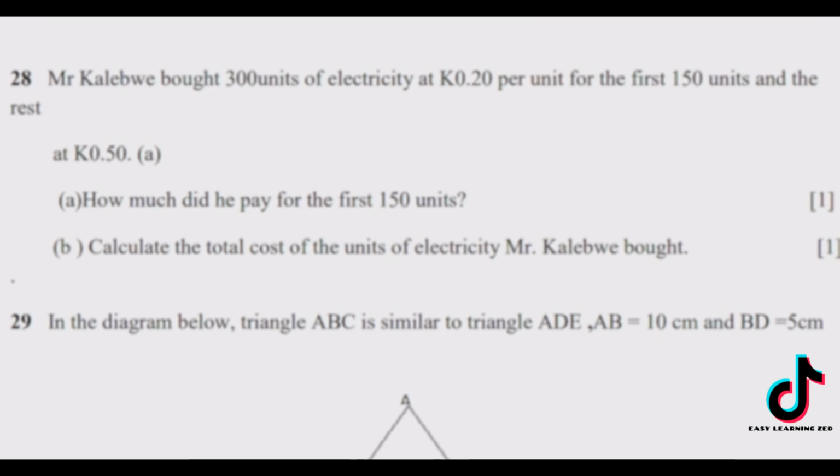Kalebwe bought 300 units of electricity at 0.2 kwacha per unit for the first 150 units and the rest at 0.5 kwacha. Okay, so the question is, how much did he pay for the first 150 units? So what we're going to do is we're going to multiply 150